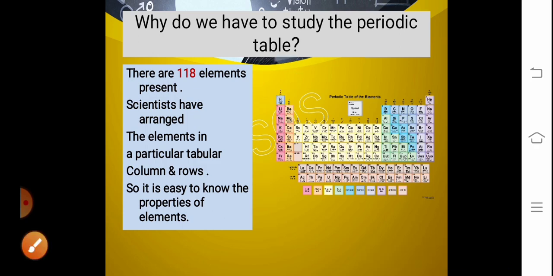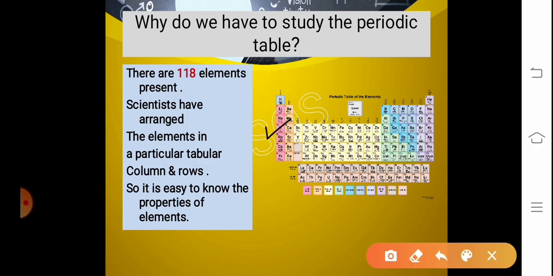if you look at sodium, calcium, followed by some other elements till this. If you look at this, we can say that these elements repeat their physical and chemical properties. Since they repeat their physical and chemical properties, it is easy for the one who is studying the periodic table to know about those elements.